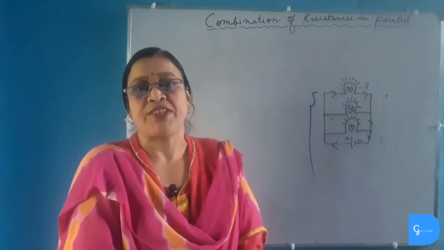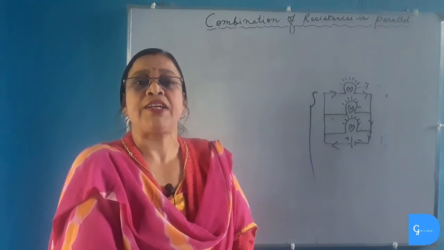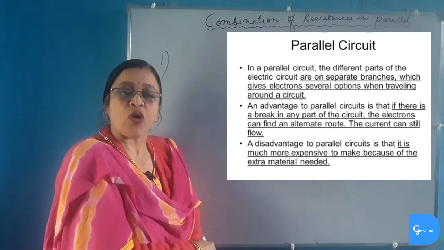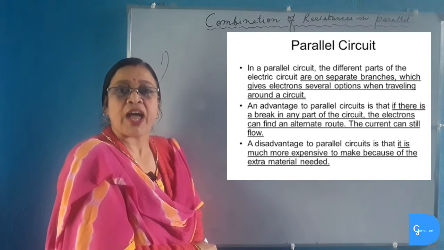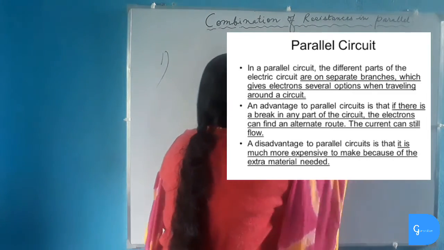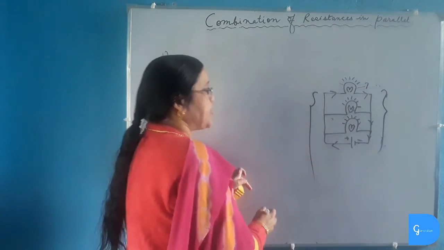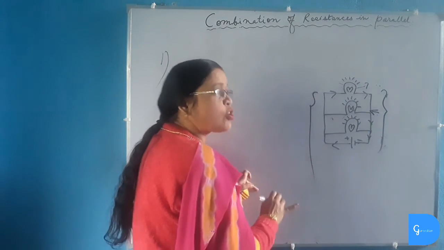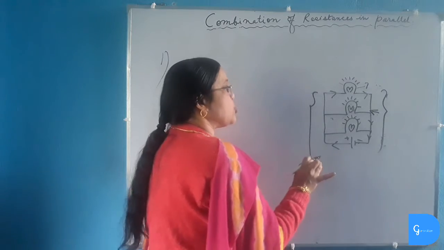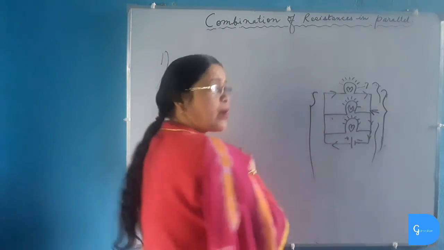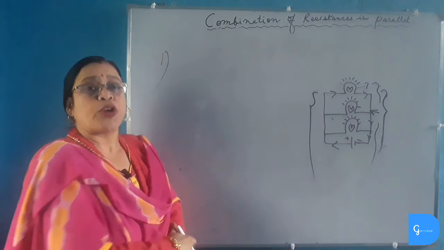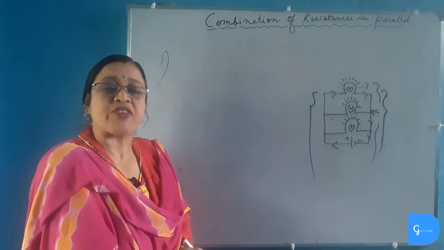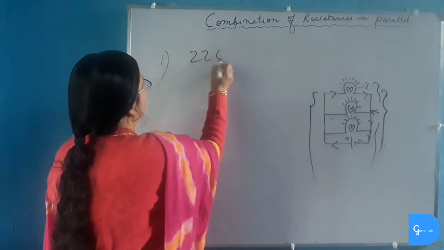Number 2, in parallel combination of resistance, each electrical appliance has a separate switch. So we can operate each electrical appliance according to their requirement. We can switch on or switch off according to our desire. For example, if bulbs are connected in parallel, then each electric bulb will have a separate switch, and we can switch on and switch off according to the requirements without disturbing the other electric bulbs. Number 3, the potential difference in parallel circuit is same, which is equal to the voltage of the power supply line, which is 220 volt.